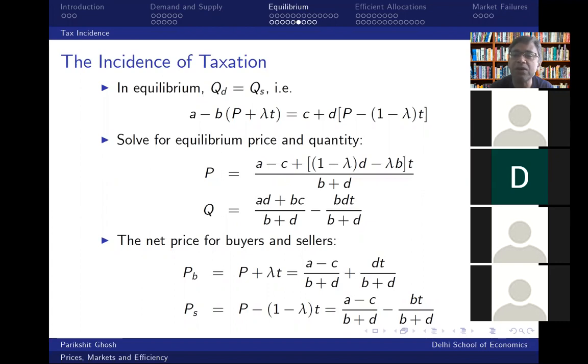And notice, the main point is that these burdens are independent of lambda. Lambda is how the law says the tax has to be divided by the two sides. But the economic burden is given by these coefficients, right? And they have nothing to do with lambda. What do they have to do with? They have to do with the slopes of the demand and supply functions. In fact, they have to do with the relative slopes of the demand and supply functions, right? And as I'll show you in a moment, instead of relative slopes, they can be converted into